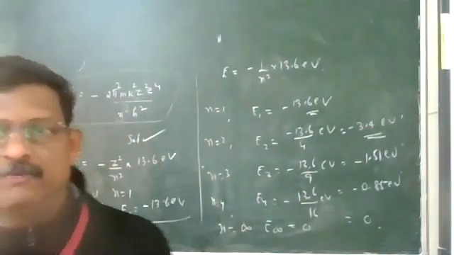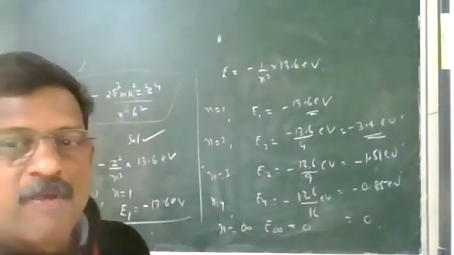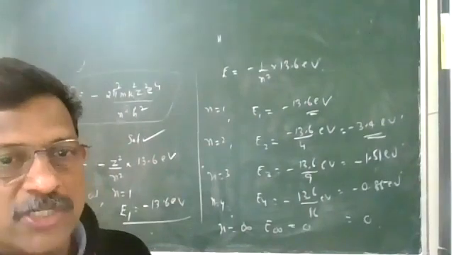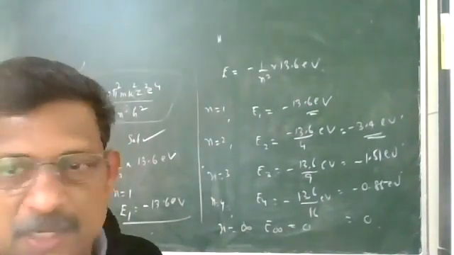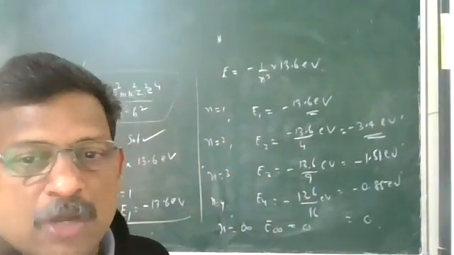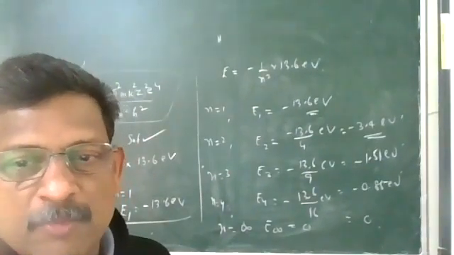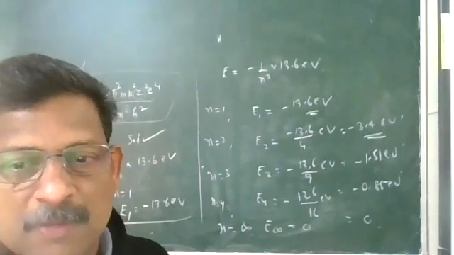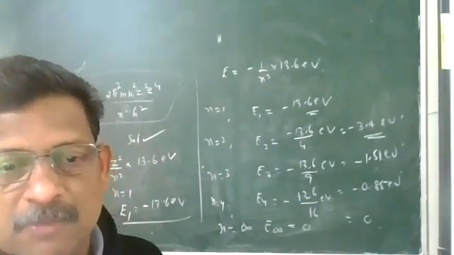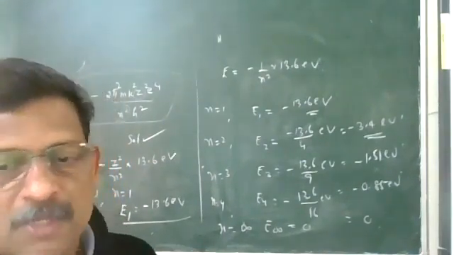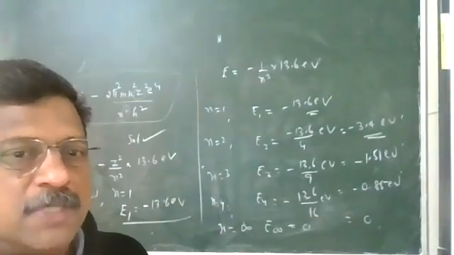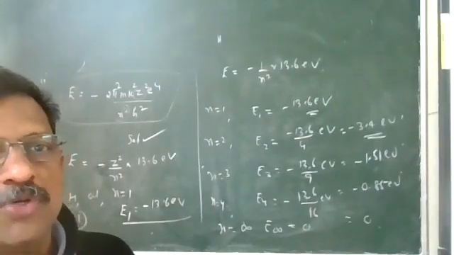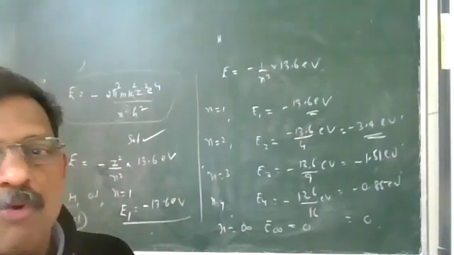At least these values should be remembered. From these, ionization energy and ionization potential can be calculated, and in the examination it will not take time to calculate. First orbit minus 13.6, second orbit minus 3.4, third orbit minus 1.51, and fourth orbit minus 0.85, and so on, up to infinity, which is 0. So these are the different energies of Bohr's orbits. Very important equation.